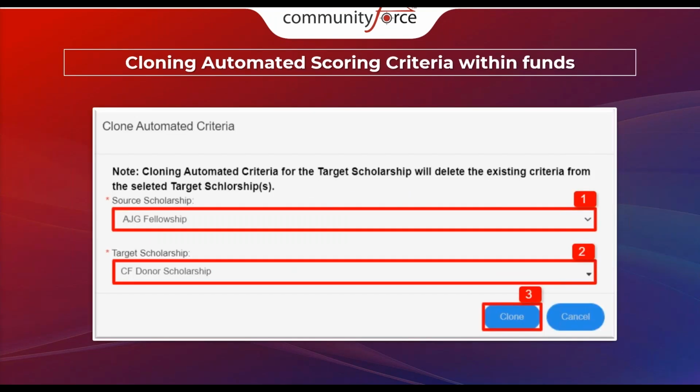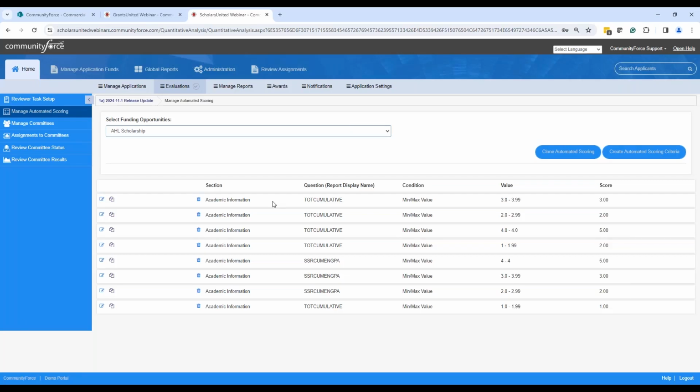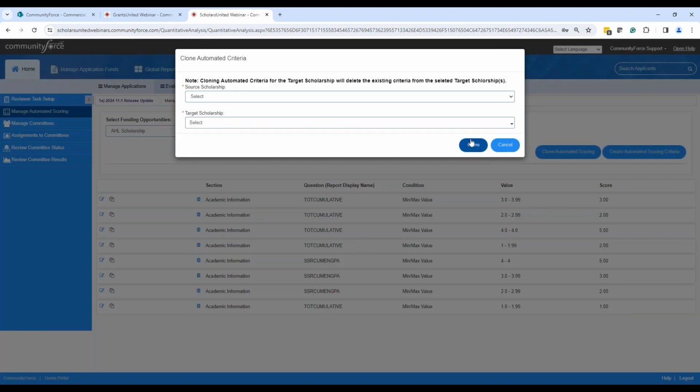So to do that, what you would do is open up the fund you want to clone from. So I have this AHL scholarship, and I want to clone the scoring from this fund to another fund. So I open this up, and it says, what's the source scholarship? So what's the source fund that I want to clone from? So I'm going to say I want to clone from the AHL. What's the target? The target is going to be,